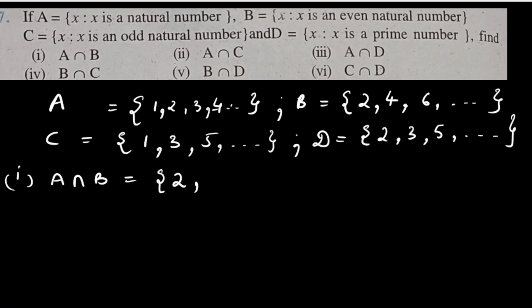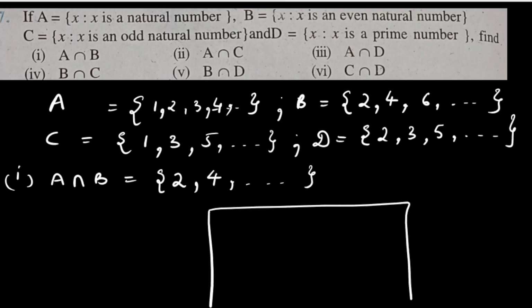Then 4 will also be there if you write. So 2, 4, up to and so on, you can write. Or the other way, if you want to write, like I have told you, only the common things you have to write. So what will the common things be? Here, you just have to understand one thing. I'll explain it with a Venn diagram.